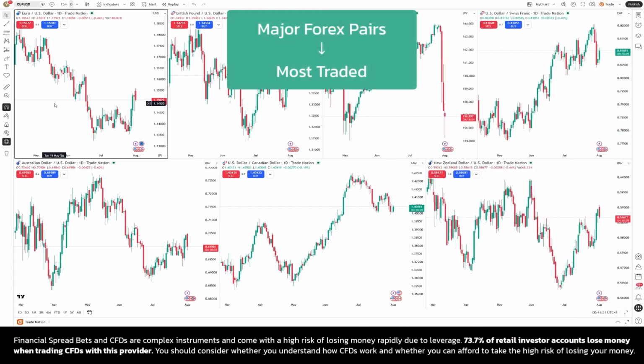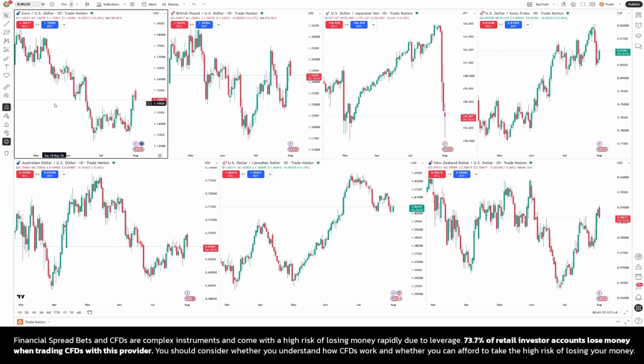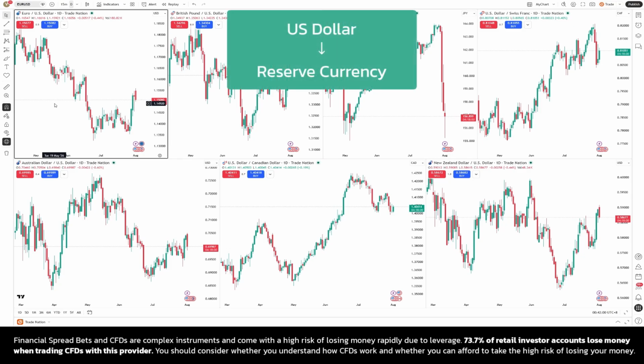Major forex pairs are the most traded currency pairs in the world. They all include the US dollar on one side paired with another major global currency. That's important because the US dollar is the world's main reserve currency and it sits at the center of global